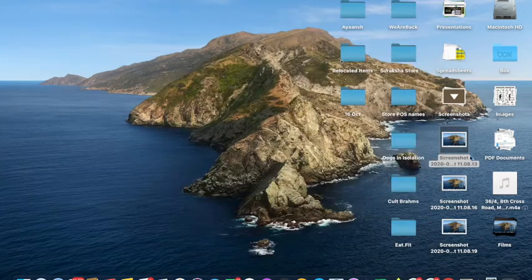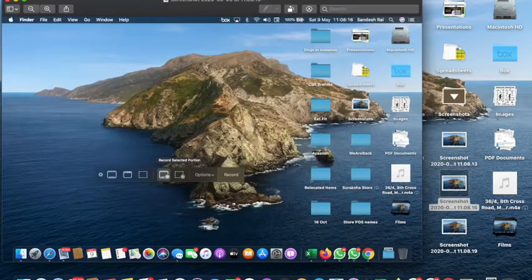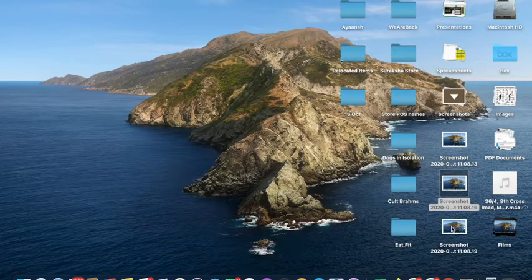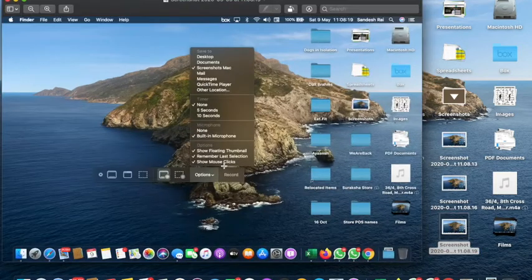Okay. Now, furthermore, if I click on this and I hover on these dotted lines with the circle on the bottom right corner, that will record a selected portion, similar to how we are taking the selected area screenshot, right? Furthermore, if I wish to have some more controls on this, I can click on options, and these are the options that come in